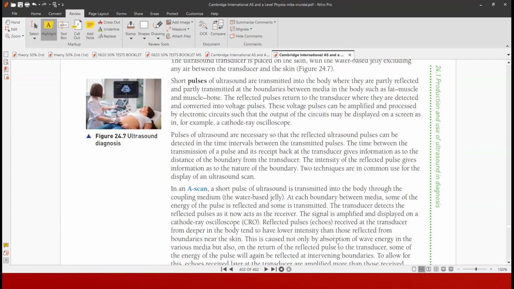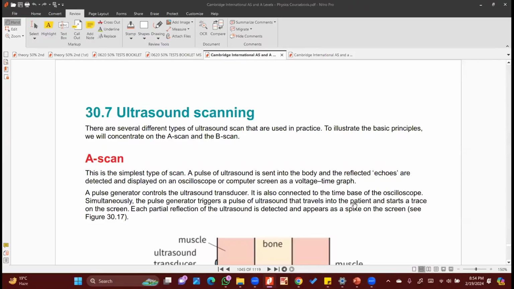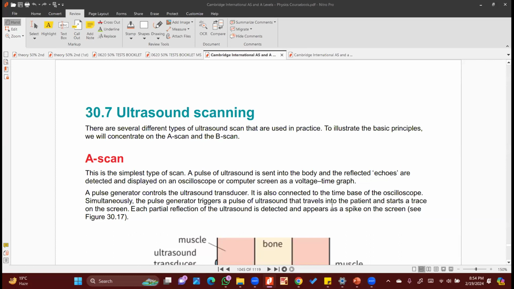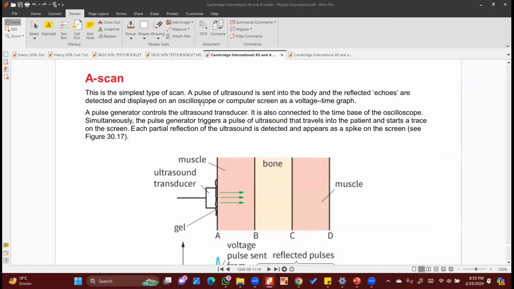Then there are two types of scans, A scan and B scan. So the two types of scans that ultrasound in our course that we study is the A scan and the B scan. जो simple scan होता है, बिल्कुल basic body scan जो होता है, वो सिंपल स्कैन हमारे पास जो है वो ए स्कैन होता है। और जो बी स्कैन होता है उसमें जो है डिटेल्ड इमेज ऑफ द क्रॉस सेक्शन थ्रू विच द पेशेंट, उसका जो एक डिटेल्ड इमेज है, बिल्ड वो ए स्कैन से ही होता है लेकिन वो एक डिटेल्ड इमेज होता है इन ऑफ द बॉडी। सो ए, बल्कि लिखा भी है सामने, ए स्कैन इज द सिंपलेस्ट टाइप ऑफ स्कैन, पल्स ऑफ अल्ट्रासाउंड इज सेंट।